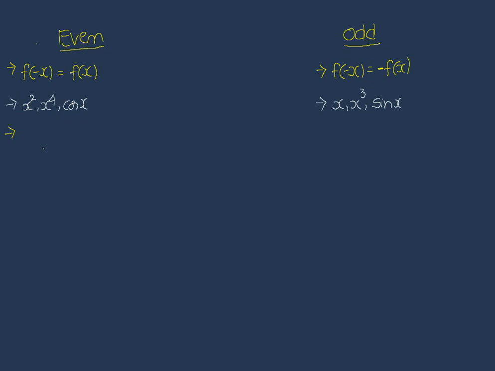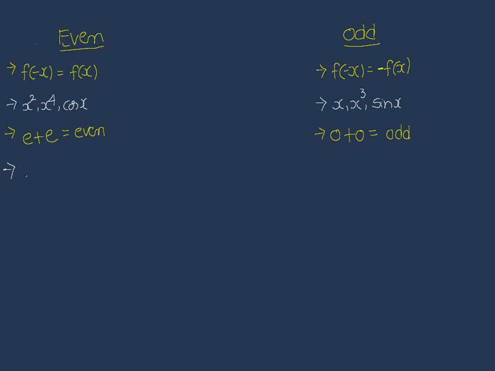let us consider some properties. So an even function plus an even function, the summation is an even function. Similarly if you consider an odd function plus again an odd function, the summation should be an odd function. This always you have to remember. Okay, next one again, if you consider one more property,